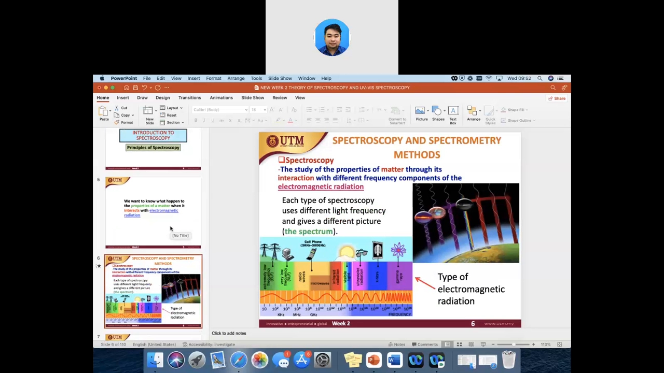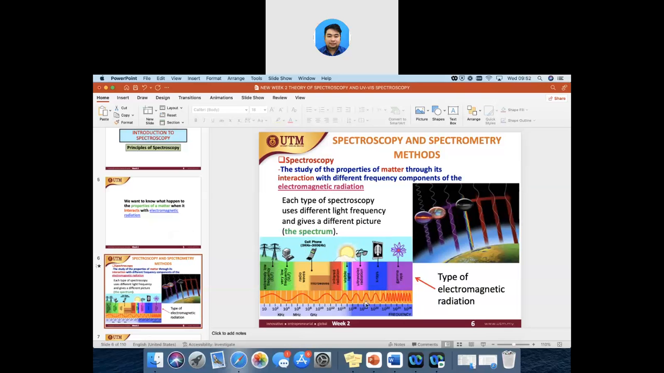Spectroscopy is the study of the property of the matter, which is in this case our analyte, through its interaction with different frequency components of electromagnetic radiation. Okay, each type of spectroscopy uses different light frequency, means that different electromagnetic radiation would give a different outcome. Okay, if you can see throughout this picture, you can see that these are the types